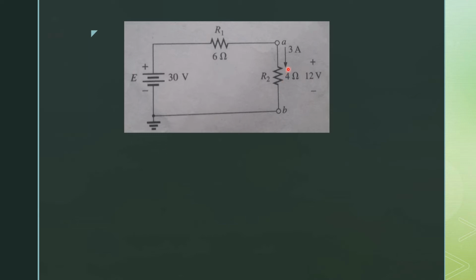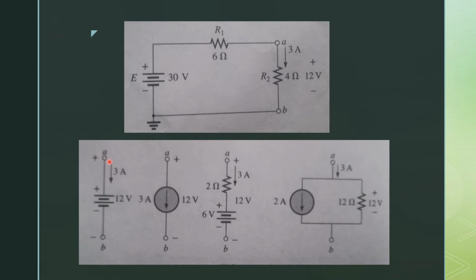We know the value of current through this branch from A to B is 3 ampere, and the voltage across these 2 points A and B is 12 volt. Now we can replace this branch with any given circuit. So we can replace it with a 12 volt voltage source having 3 ampere current flowing from A to B, or you can replace this branch with a 3 ampere current source and the voltage across A and B is 12 volt, or you can replace it with a voltage source of 6 volt with a series resistor of 2 ohms,